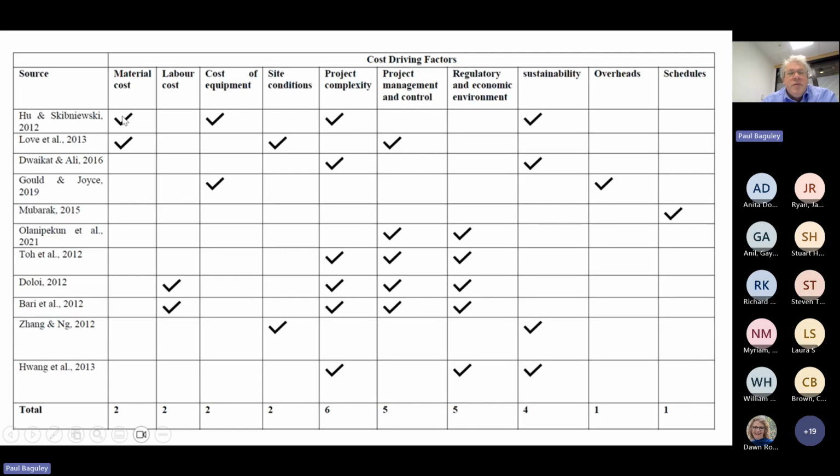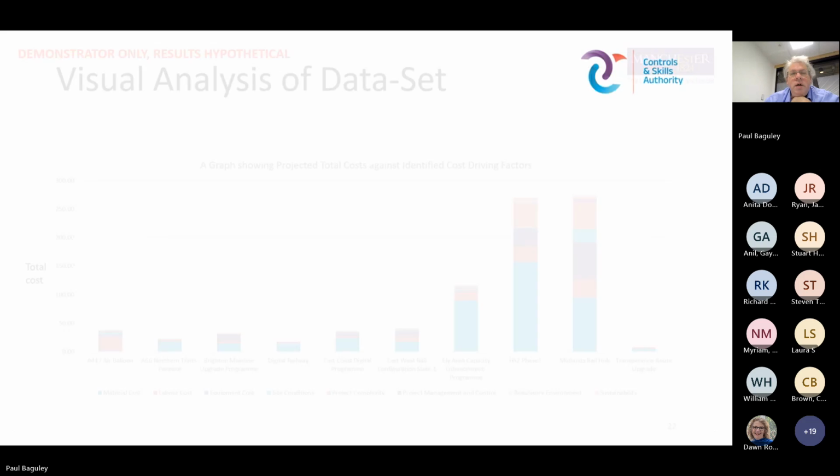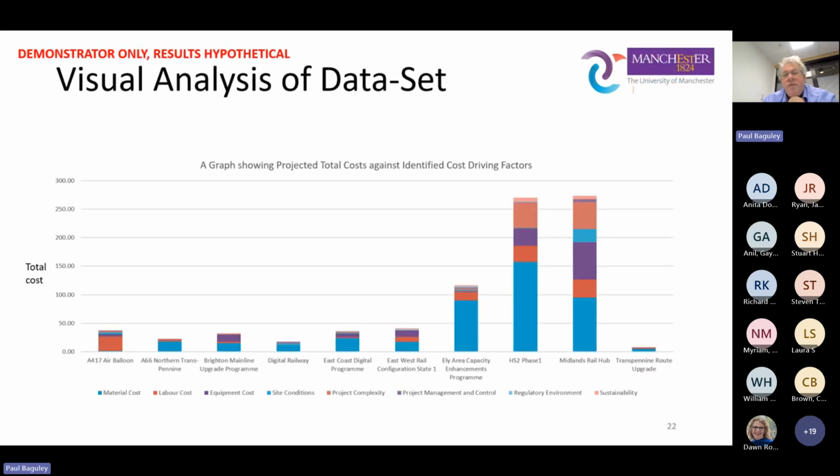We did our own analysis for that based on literature. So we worked out that there were other cost driving factors other than the total cost, and we tried to include them into the data set using our subjectivity, and therefore give it some sort of cost breakdown. So get some more granularity into this data set,